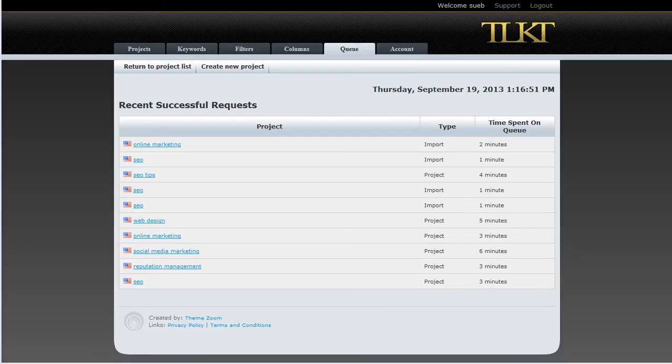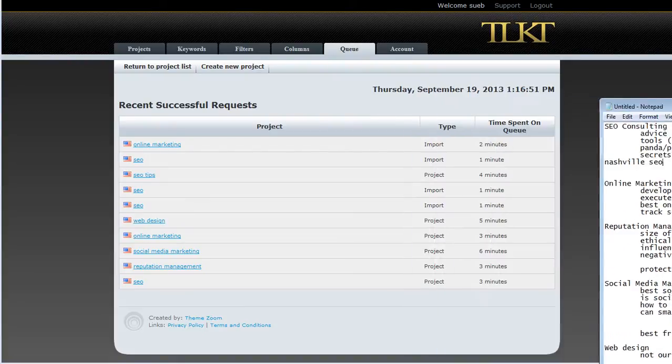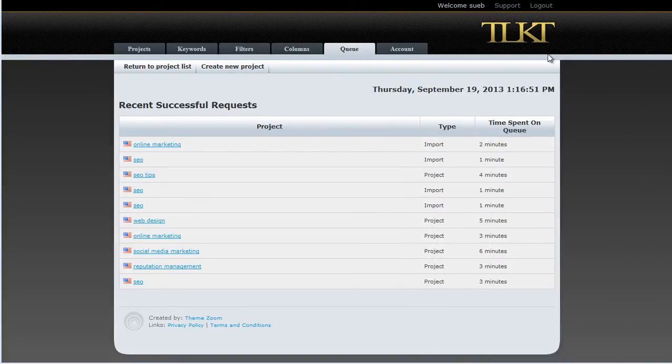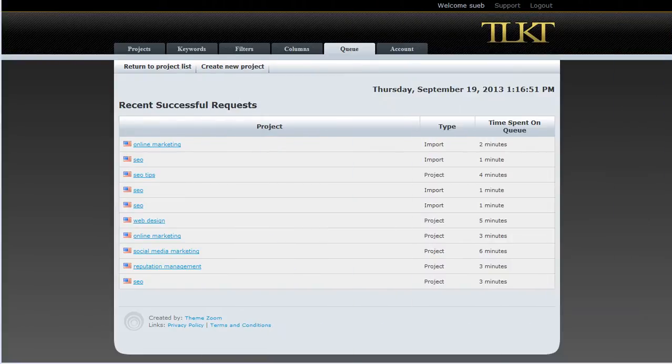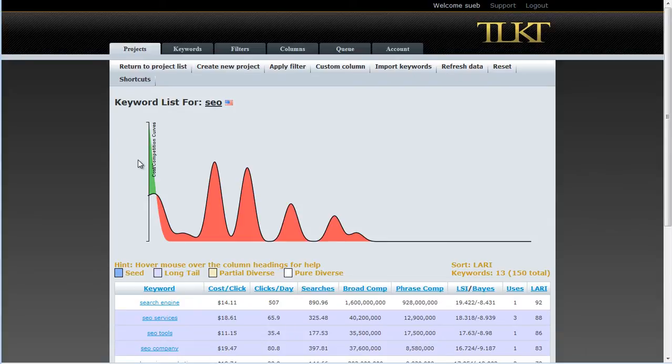We're in the middle of doing this process where we're creating a website for Nashville SEO. We're taking a local company and creating a website for that local business. So we've done Pain Finder, we've got the products, we've got the pains behind the products, and we've done some keyword research, and we grabbed the keyword lists, and we smashed the name together with a keyword so that we've got a local keyword, and we've imported those into TLKT, and now we want to take a look and find what these local keywords look like, right? We're ready to export the local keyword lists.